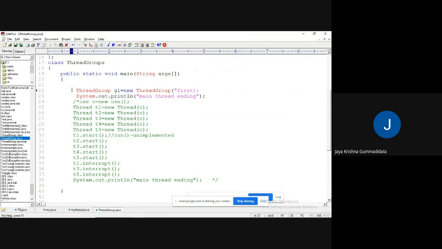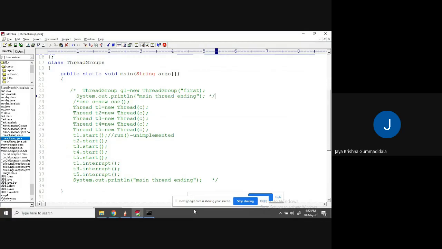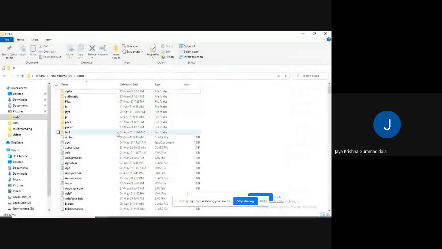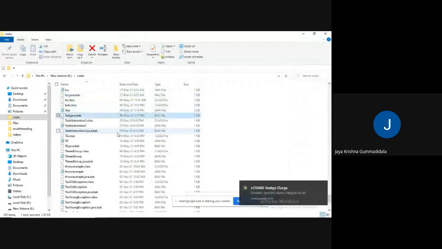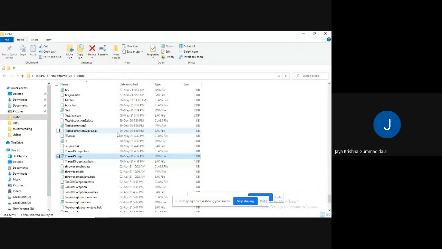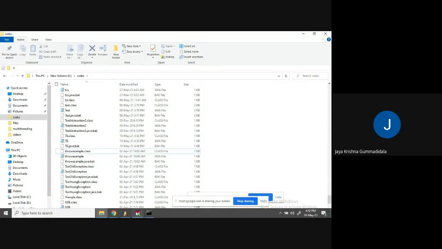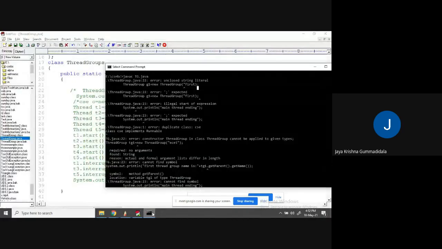Even though now it may call this one, it is very hard, so I would like to delete this file now so that it will be fine. The group dot class, oh, I have deleted. The backup file also I will delete. Now our problem may be rectified, I think so.